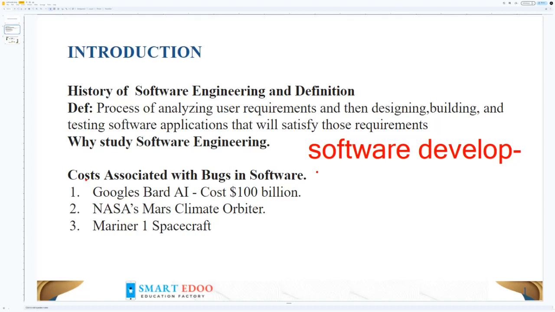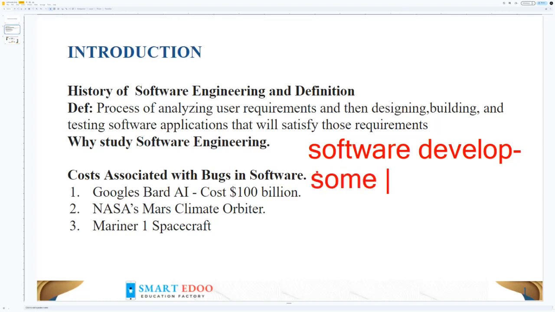Then, back in the years, we had the NASA Mars Climate Orbiter. This was an orbiter that was launched and was going to Mars, but it got lost due to the engineers that were working on the software. They used different measurements.